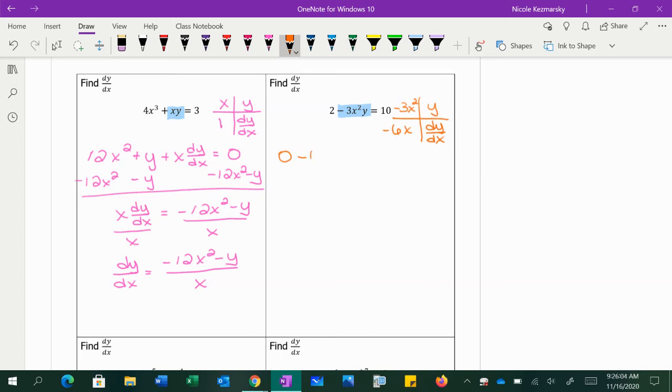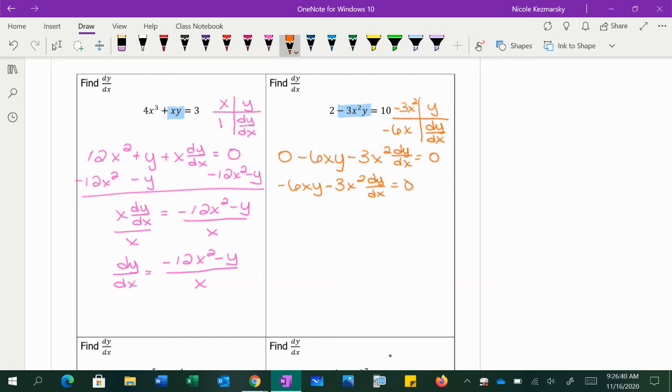We're going to say negative 6xy plus, and then it's a negative in front of our 3x squared. So I'm just going to make this minus 3x squared dy/dx. And then on the other side, the 10, that derivative is going to be 0. So we've got negative 6xy minus 3x squared dy/dx